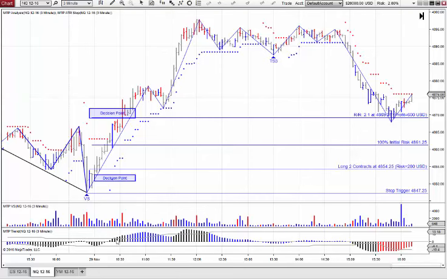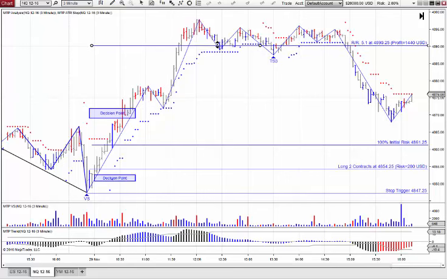Now when it goes through these bands, it means the market's strong and we're anticipating the market to rally further. So rather than coming out at the first target, which it would have been here, we use our ATR stop, which in this case is our blue dots here, to then trail or let the market run a bit further. Almost stopped out here, not quite, and that would have meant the market would have gone all the way up, you'd have been trailing your stop, and then you'd have been stopped out just about here for a nice 5.2R